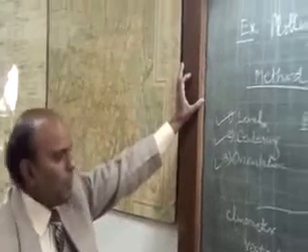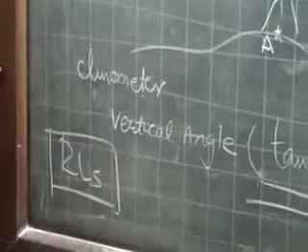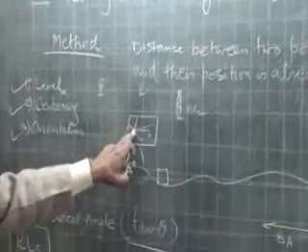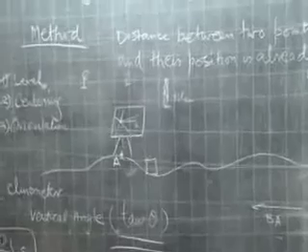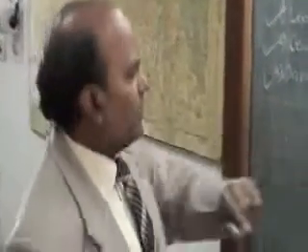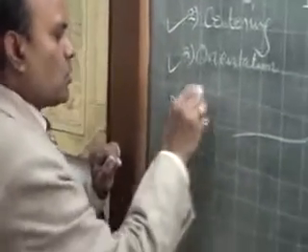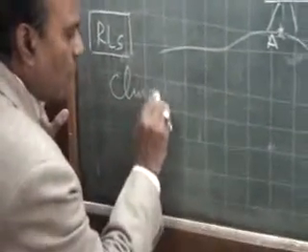So in order to get the elevation values, RLs of various points, what we will do is, from A, we will take vertical angles of all these objects. That means we'll take clinometer readings. The important part in this procedure now is how to get the RLs of various points. So to get the RLs of all these points, so that later on you can draw contours, you have to use the instrument clinometer.